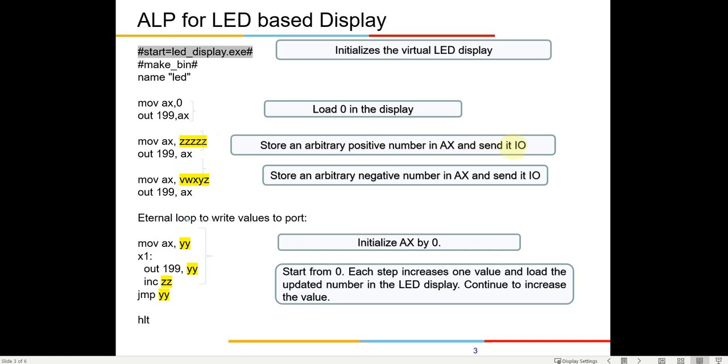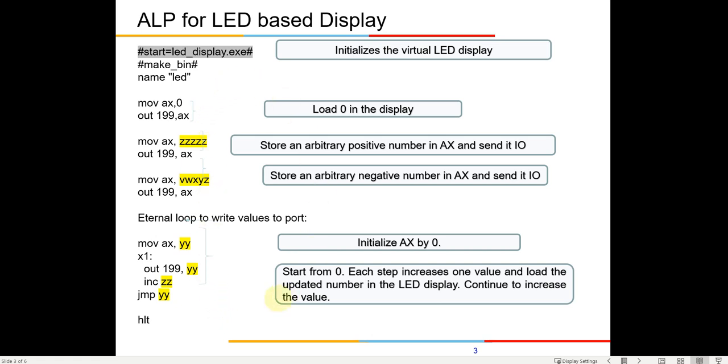In this case you have to see to it that you can always give positive data and also negative data. You can give that one by one and see that the same thing is displayed in the output port. Followed by that, you can write a loop instruction out here, so that the number is consequently increasing step by step, like the count starts from 0 to 1, 2, 3, 4. And if required, if you want to put some delay, you can insert some delay also out here, so that the number is changing after a certain amount of delay.